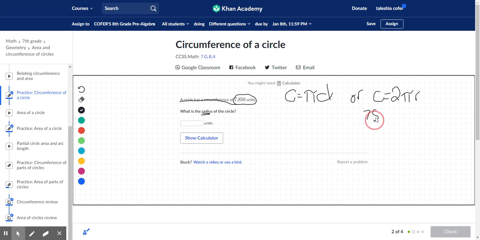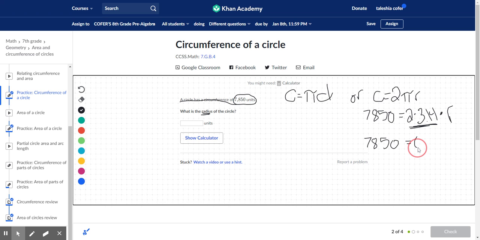7,850. It's equal to 2 times, I know that pi is 3.14, times r. We're trying to figure out what r is. I want to combine my 2 times 3.14 and get 6.28. So I now have 7,850 is equal to 6.28